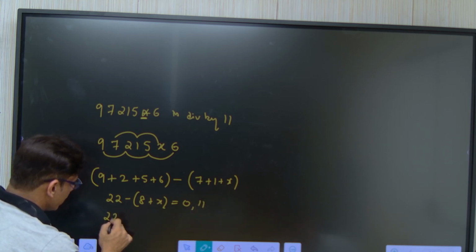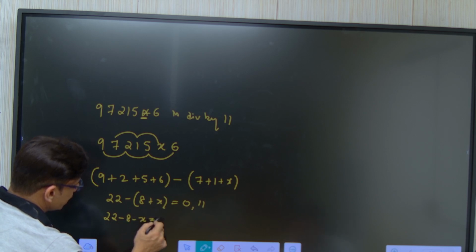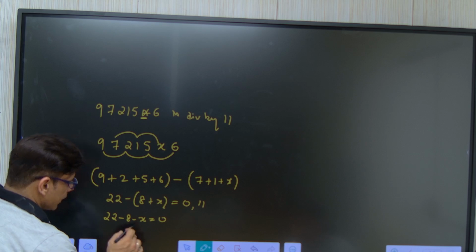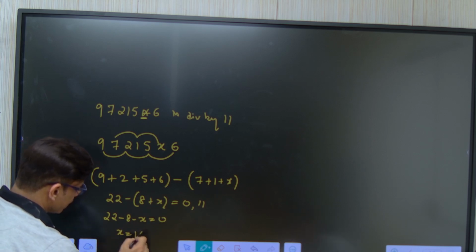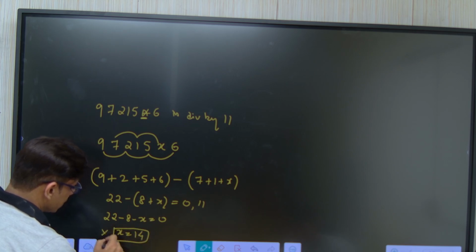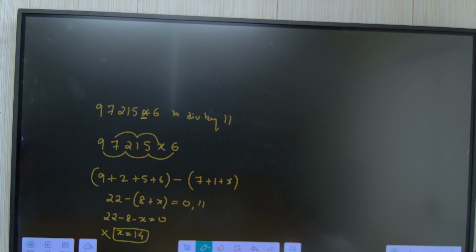So first you do 22 minus 8 minus x and put it equal to 0. So x will go to that side. 22 minus 8 is 14. But this is not possible because x is a single digit number, not a two digit number. So x is not 14. Second is I can write 22 minus 8 minus x. If it is not equal to 0, I'll put it equal to 11. So 22 minus 8 is what? 14 minus x is equal to 11. So x will go to that side. 14 minus 11 is,